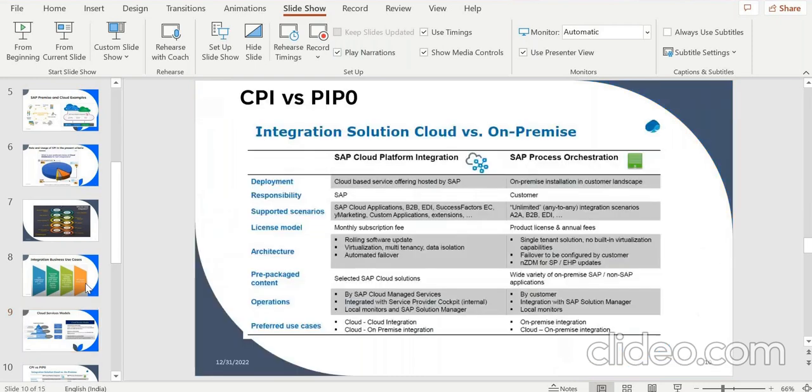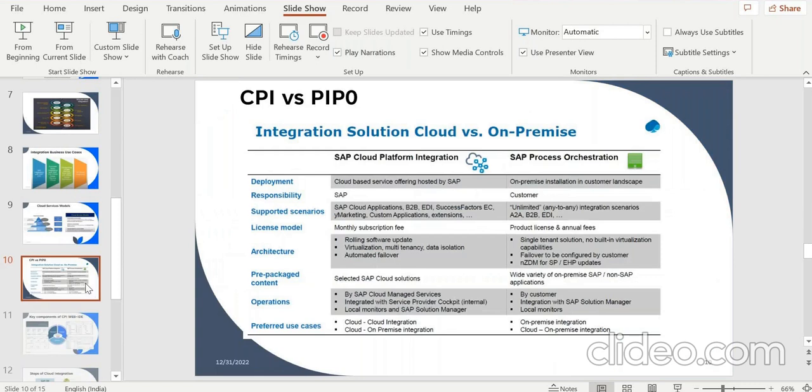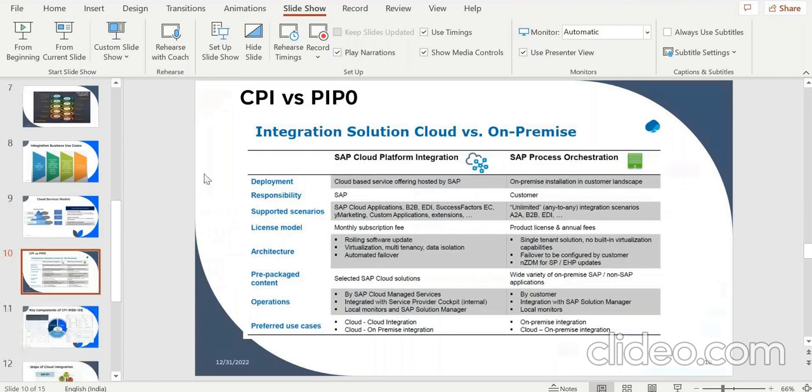So that's where, even as part of this migration from PO to CPI, we can do some cost cutting. If you have to maintain it yourself, the customer has to maintain a few resources, and we'll not be getting support from SAP, whereas CPI is subscription based,